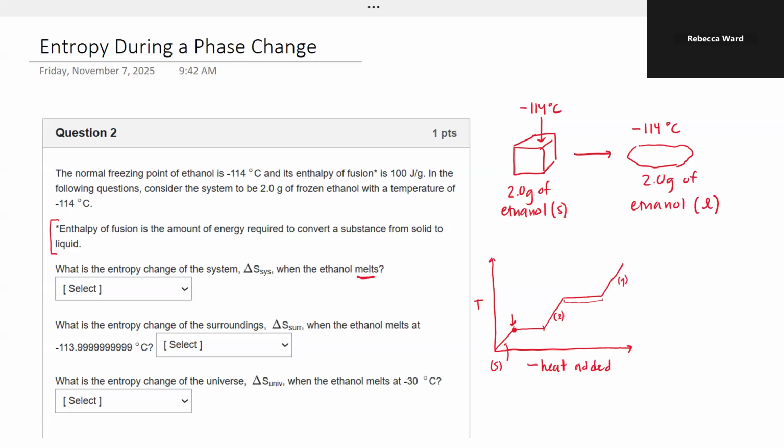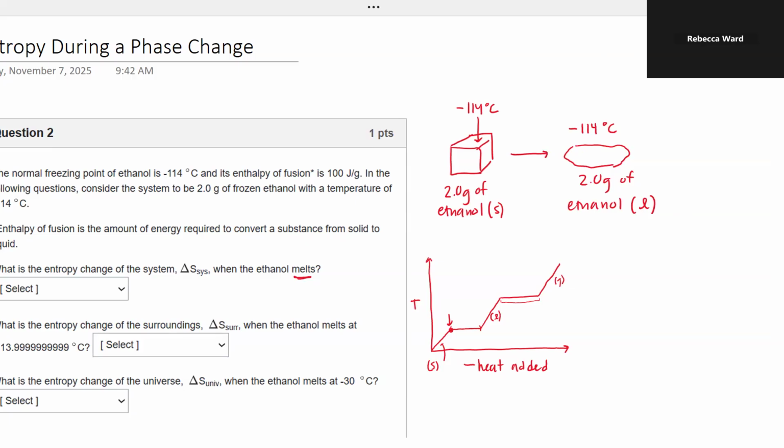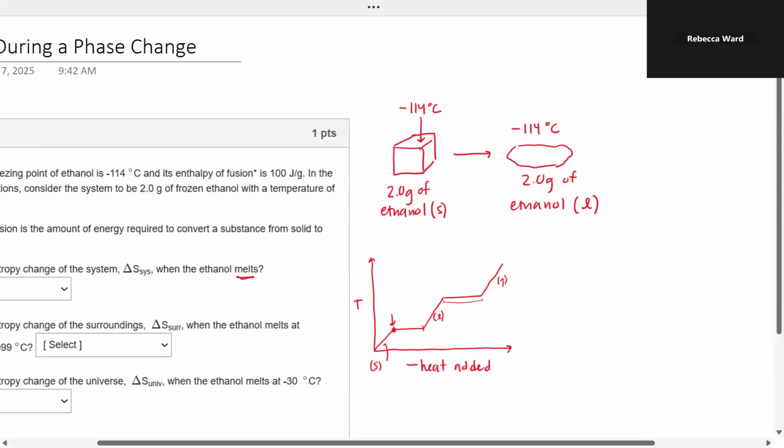Okay, really, really cold liquid. And again, I like to do this before I get into any of the questions because I already know a lot about this system, right? I can tell you the sign of the enthalpy change and the sign of the entropy change. And so I can ground myself before I get into the questions and see the distractors, which might pull me off course. So I would look at this and say, I know that delta H